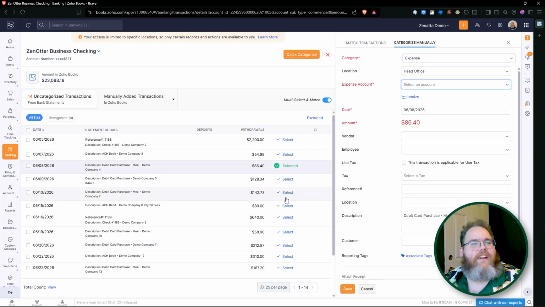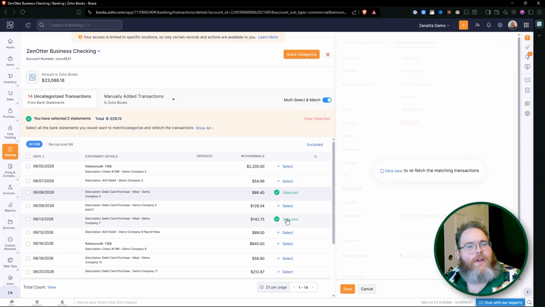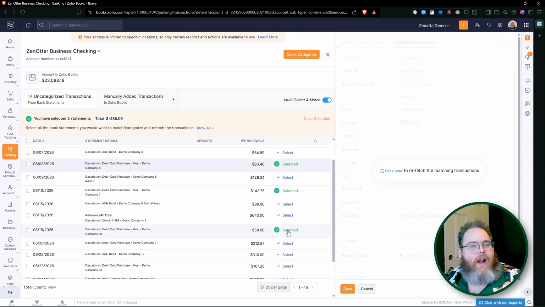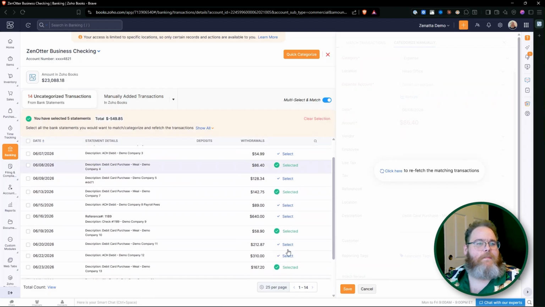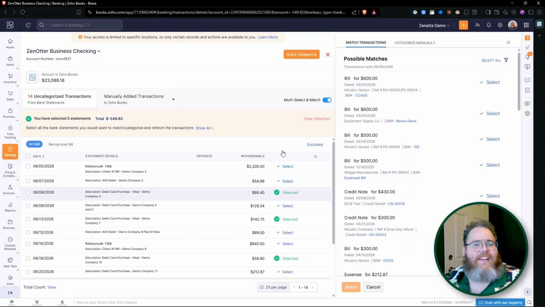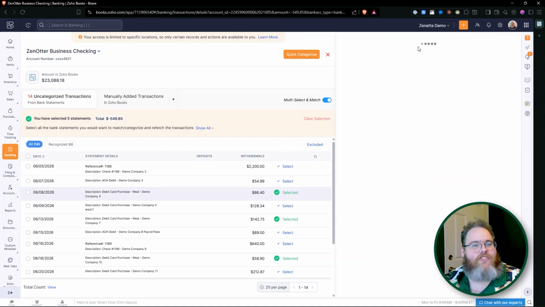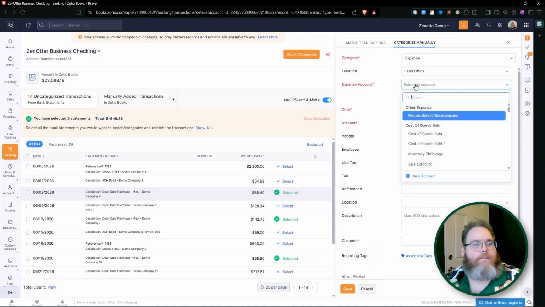If any transaction in that batch falls outside of the date window of the reconciliation period you're actually working on, you can pull something into the wrong period or out of one that's already reconciled without ever noticing it happened. Before you bulk categorize, take a second to confirm every transaction in your selection actually belongs to the period you're